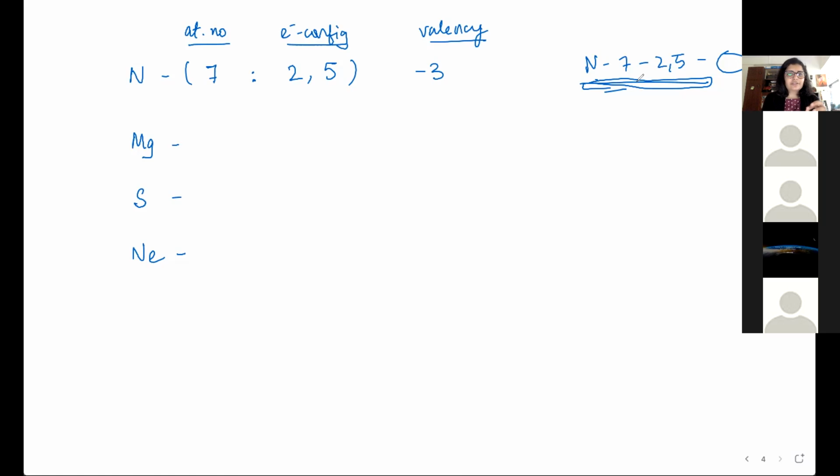Nice. So don't put no charge. You can say unreactive or just put valency is 0. Ma'am, can I also put neutral? No. Neutral means no charge. But here we are not talking about that, all of them are neutral atoms only. We're talking about what is their capability of losing or gaining electrons. Okay, ma'am. So what should I put, ma'am? You can put unreactive, or you can put valency simply 0 instead of a number. Okay.